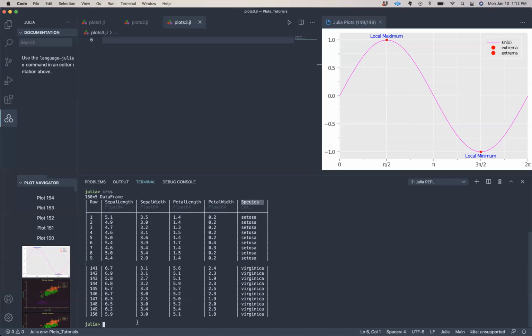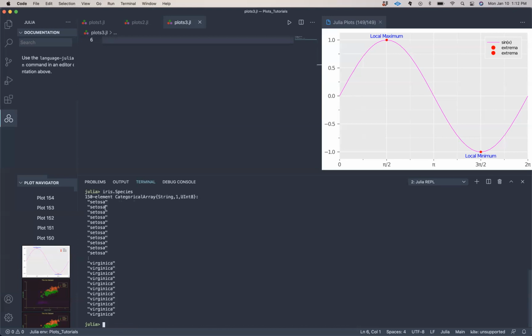So what are the species? Well, if I type the name of my data frame, iris, and then dot, and then the name of the column I want to access, for example, species, and press enter, this will give me the list of all of the species in that column. Now I see a lot of repetition and I can't see what is hidden by these dots right here. So I'm going to go ahead and convert this array into a set, because sets get rid of multiple entries. So if I do Set and then call iris.species,